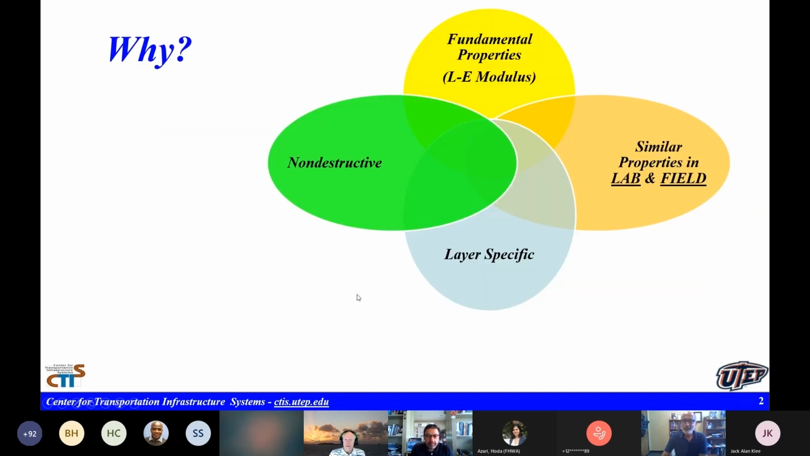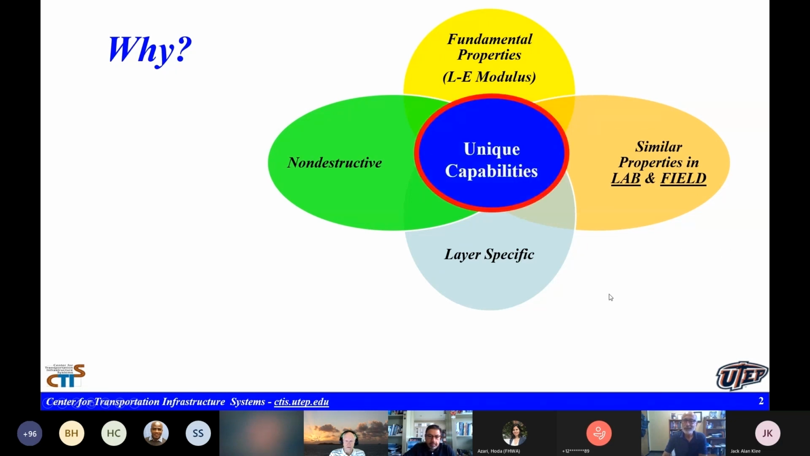So why focus on seismic? Because you have four attributes. One is non-destructive. The second one is it gives you fundamental material properties, basically the linear elastic modulus of the material. It's layer specific when you have an exposed layer, and more importantly, you can relate lab and field, at least theoretically. If you prepare the specimens and they're identical, you should get identical numbers between field and lab, and you don't need a transfer function. So these are the unique capabilities. When you combine all four of these, it would be